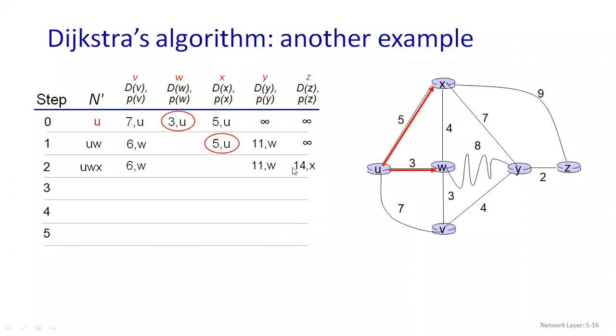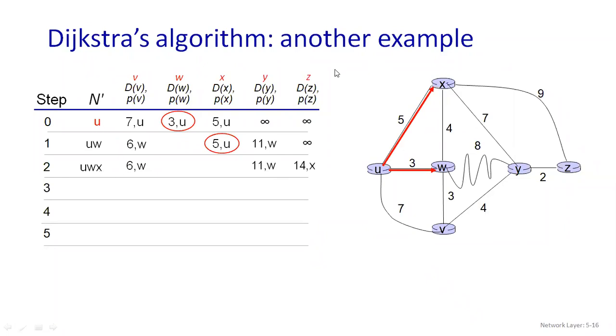So Y also, you just check it out here. This is an example you need to practice. So here X to Y. You can see through my W it has been passed already, so I have the same thing. Let it be there. Otherwise it is 7 plus 5, 12. If I'm going through this X to Y, this side 5, this side 7, so it will be 12, and the previous node will be X, but this is more than this 11 comma W. So let's continue with this.